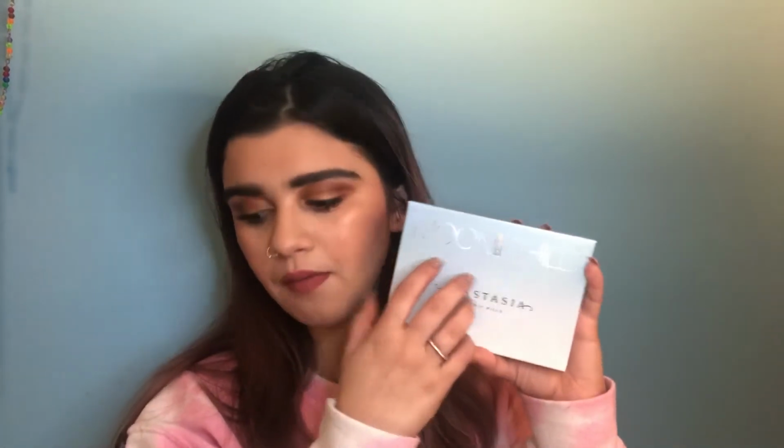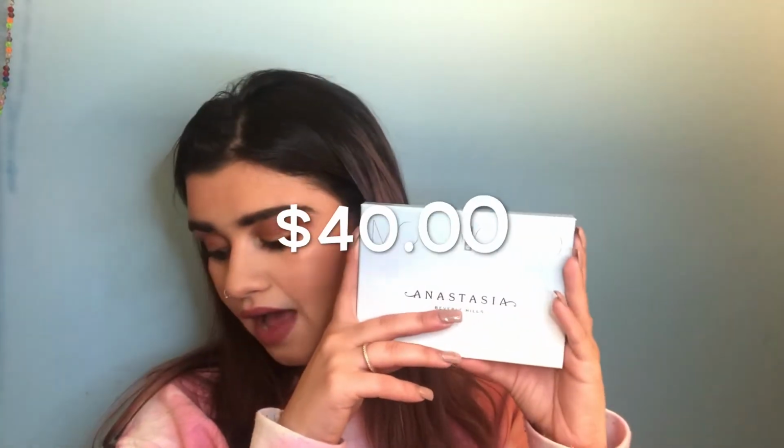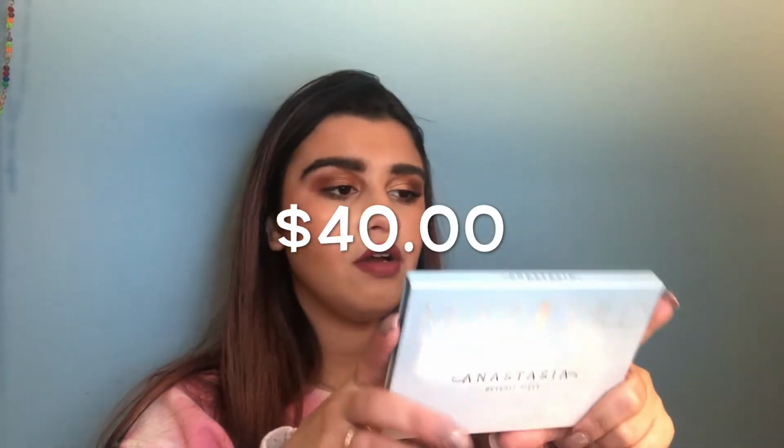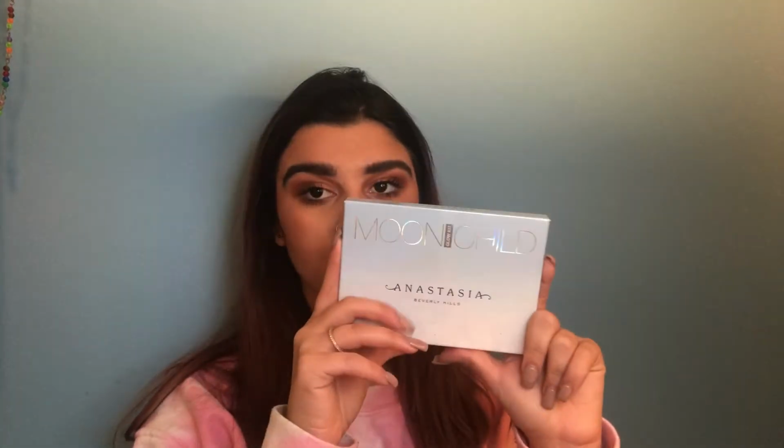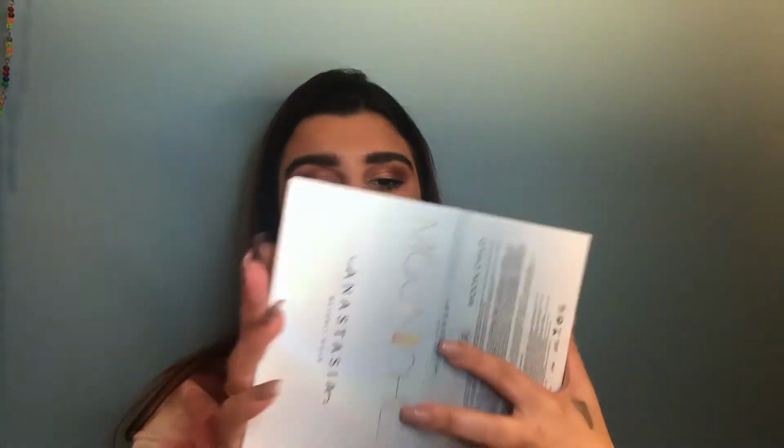Curate and Mass. Those are those two colors I just used. Now a highlighter palette. I only have one. No, I have two, but it's like a mixture. So this is my only actual highlight palette. My other highlight palette is more like a combination of bronzers and blushes, but this is my number one palette that I have for now. I'm gonna get more eventually, but this is the Glow Kit Moonchild Anastasia Beverly Hills palette, and when you